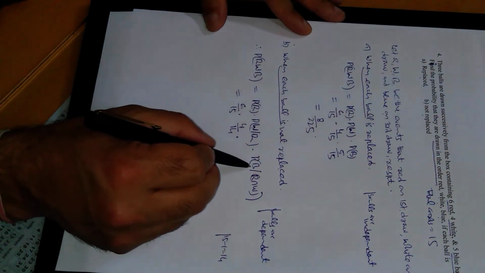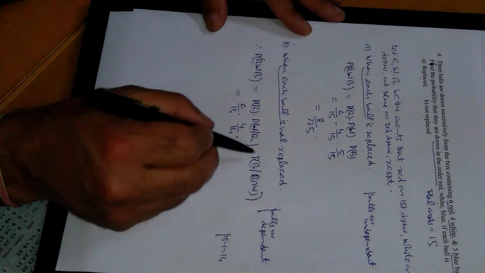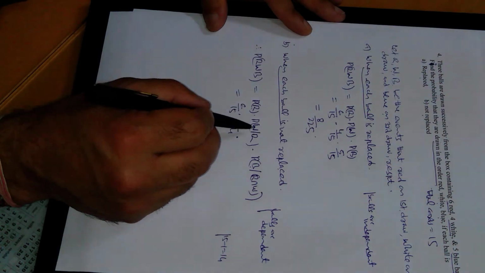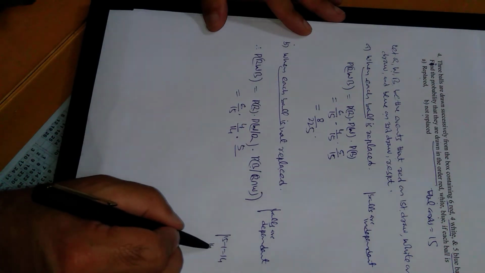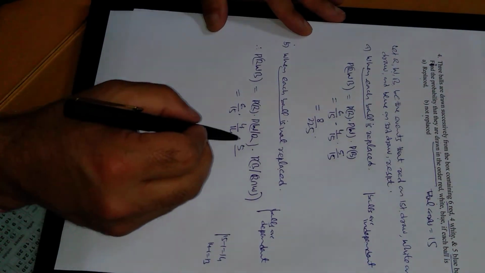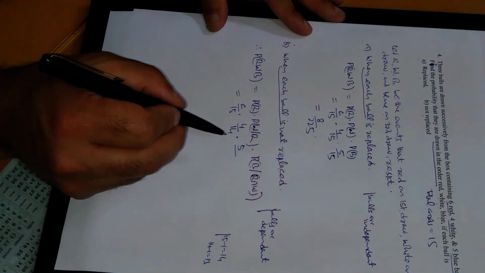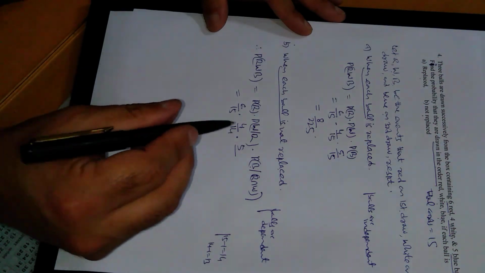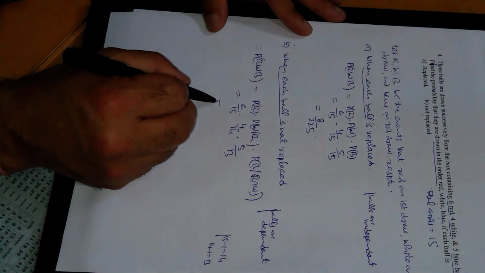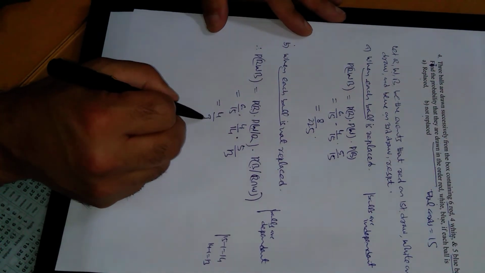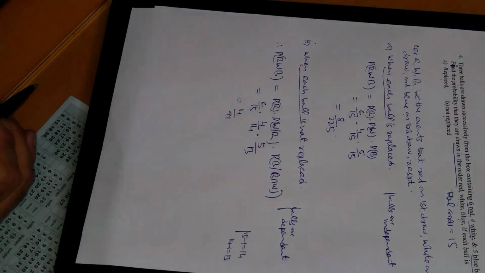Similarly, favorable outcomes for blue are again 5, because in the earlier two stages we have not drawn blue; we have drawn one R, then one W. So favorable outcomes are 5, but the total cards decrease further by 1, 14 minus 1 is now 13, because the card is not replaced. Once a ball is drawn, it is not again available for selection. So 5 divided by 13. If we multiply all of these, this will come out to be 4 by 91.